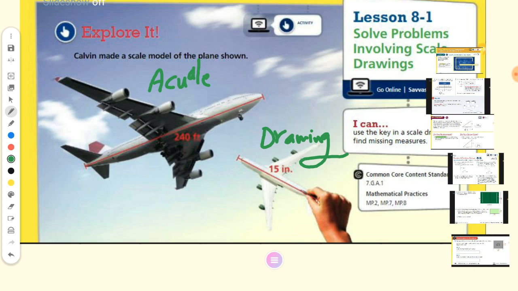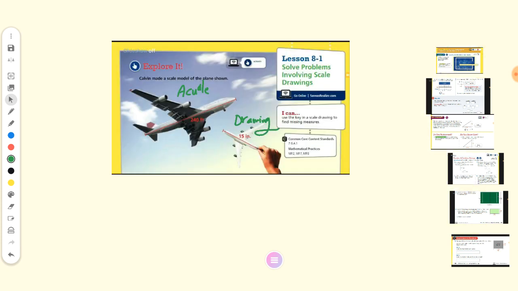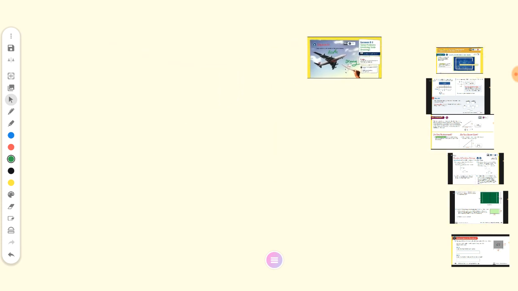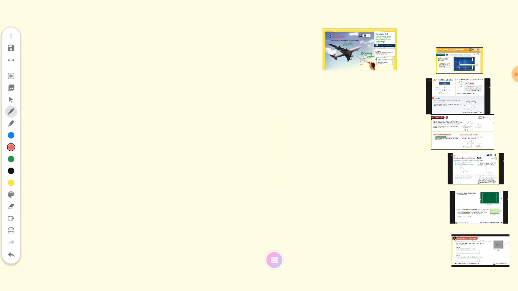Actual is the real one, and drawing is the smaller one, or the sample of it. A small example about scale is the map. If I have the map of Egypt, like this,